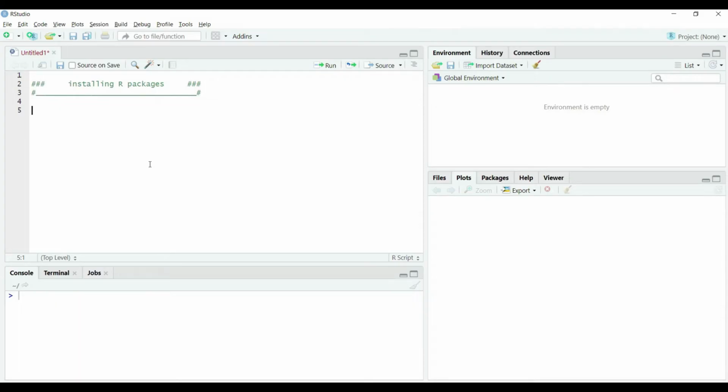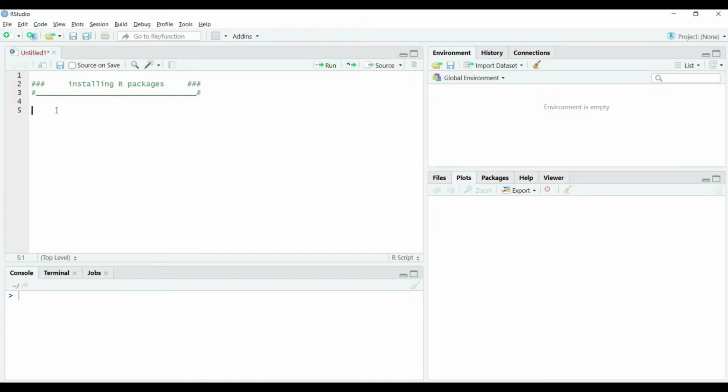In this tutorial, we will learn to install packages in R, and I will be using the famous and widely used RStudio IDE, or integrated development environment, for this purpose. Although there are many ways to install packages in R, I will restrict myself to only two methods, because not only are these easy but they also serve most purposes.